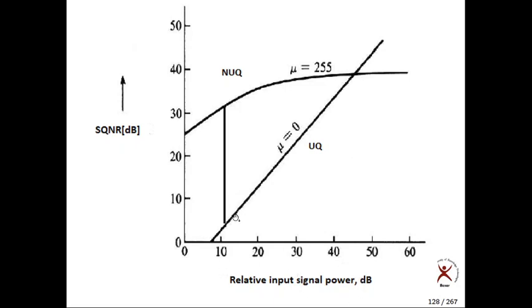Why? Because whether your input signal is a weak signal or a strong signal doesn't matter. Non-uniform quantization provides relatively good SQNR, independent of the input signal. Input can be any kind of signal, and it provides very good, almost constant SQNR. But the uniform quantizer is not providing a constant SQNR, it is providing a linear SQNR. So this gap is called the compounding gain. By using companding only, we are getting this gain, right? That's why this gap is called the compounding gain of the compressor or compander.